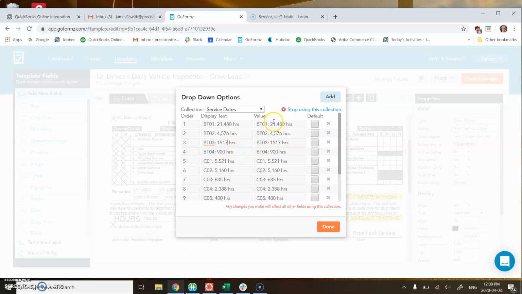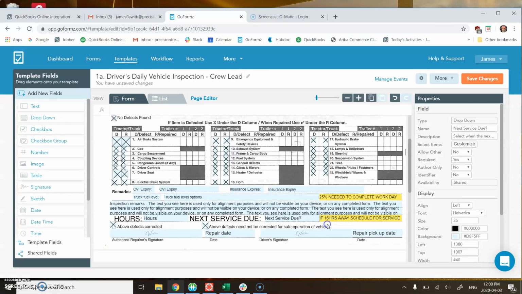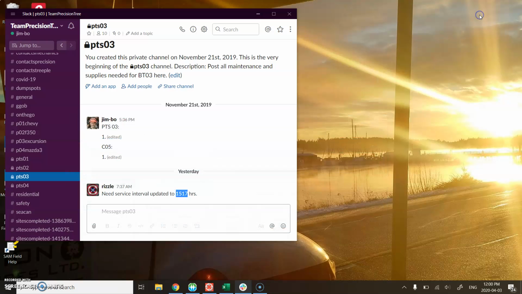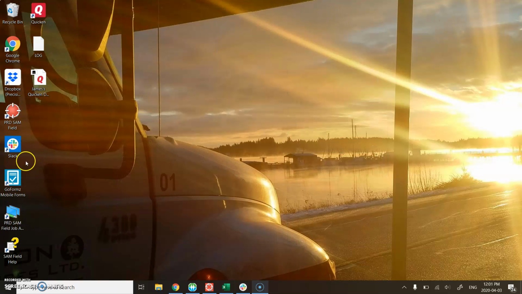Sometimes you can change the value of what it's worth to a different thing than it shows over here. But for now, this is just super easy. All you have to do is just go done and make sure you save your changes. So now that says template saved, basically if you were to go into the GoFormz app now and bring up